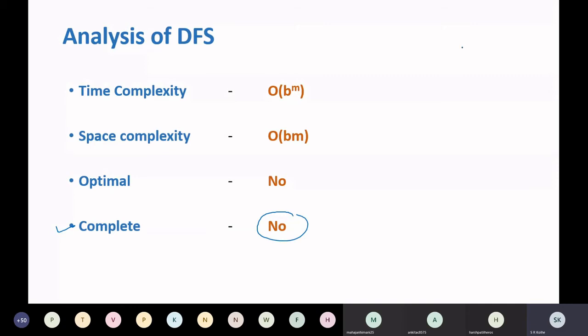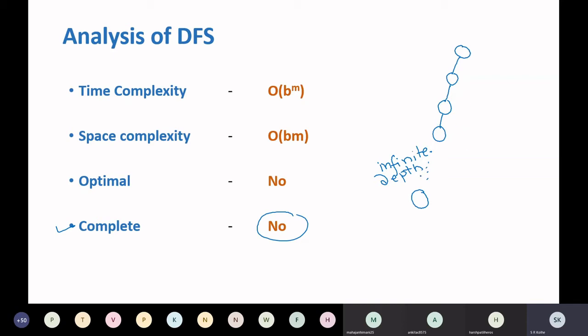Consider this situation. Suppose I am drawing part of the search tree, and suppose the depth of the search tree is infinite. Then what will happen? The algorithm will go on exploring these nodes. It will never come back.